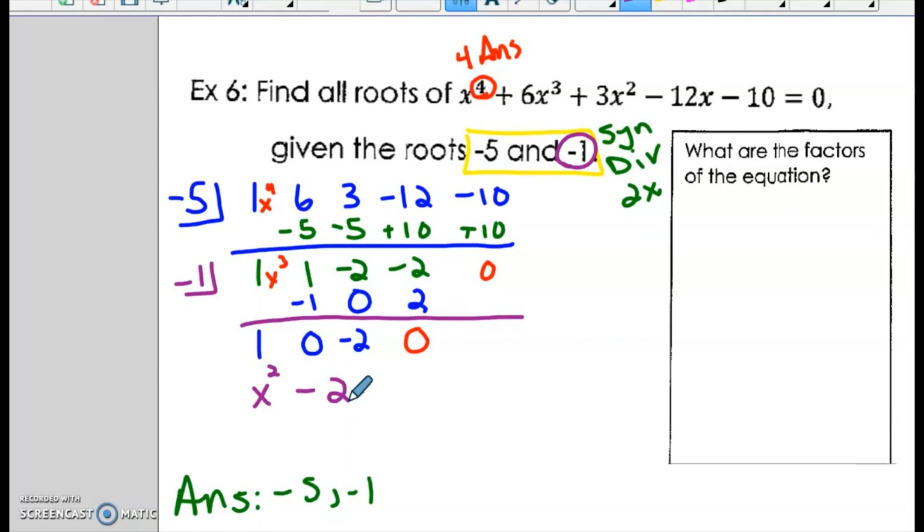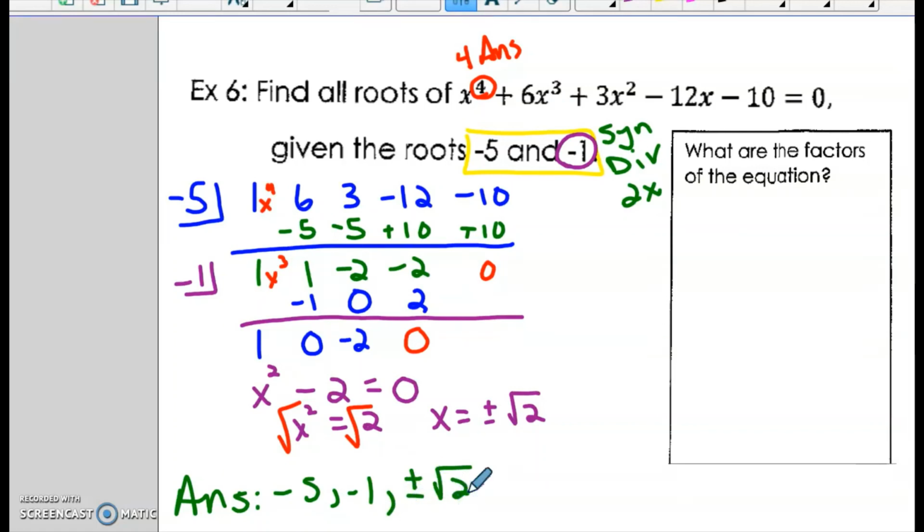And so this problem is not going to factor. There's no GCF. It's not difference of squares. It's not sum or difference of cubes. So we just have to continue to solve it. So x squared will equal 2. We'll take the square root of both sides, and we'll get x equals plus or minus square root 2, and those become our other 2 answers to finish off the 4th degree polynomial. So that is the finished